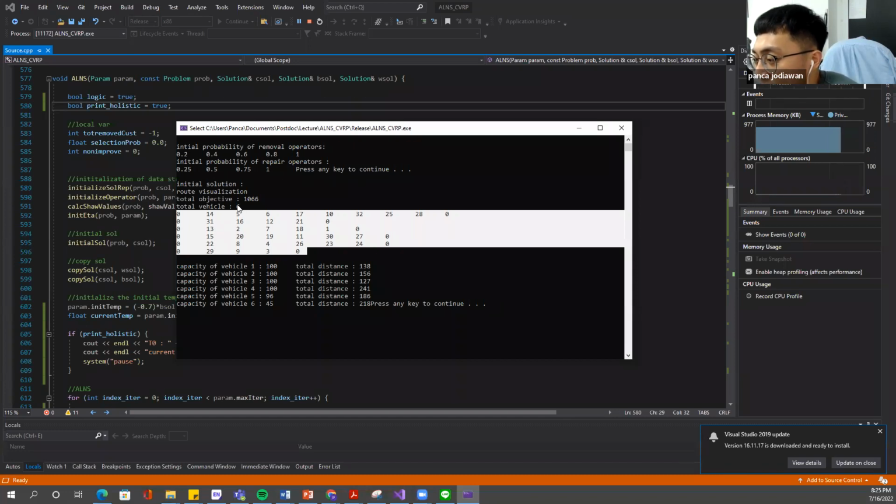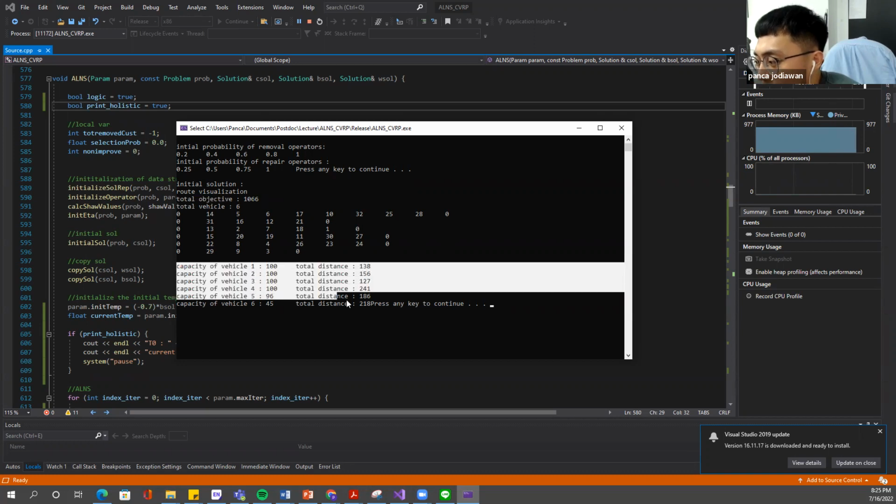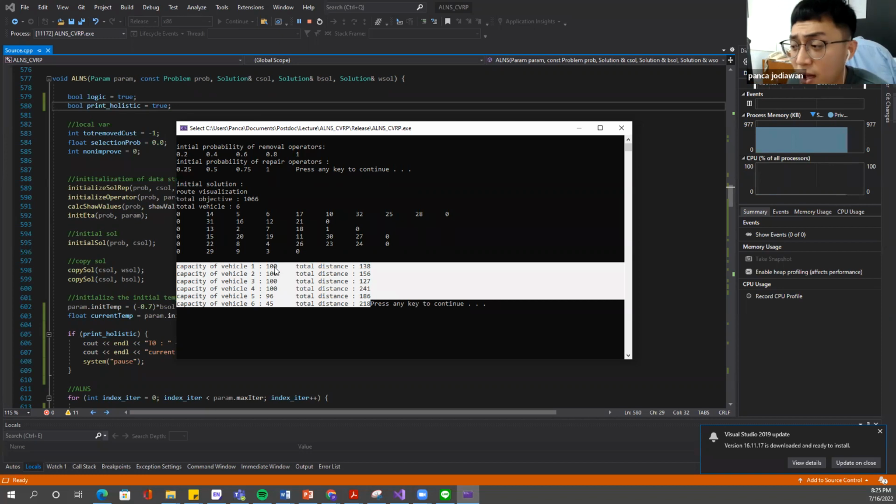Yes, I have put here the total vehicles, 6. The total objective is 1066. As I remember, in the problem the maximum capacity of each delivery van is 100, and we can see that 4 of the vehicles are fully loaded, while the 2 other vehicles are not full truckloads.